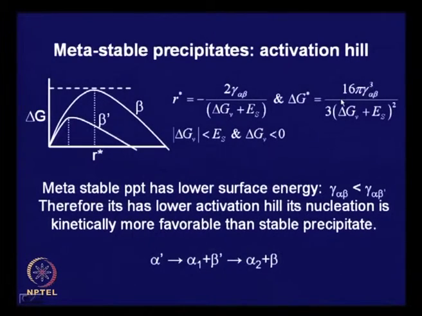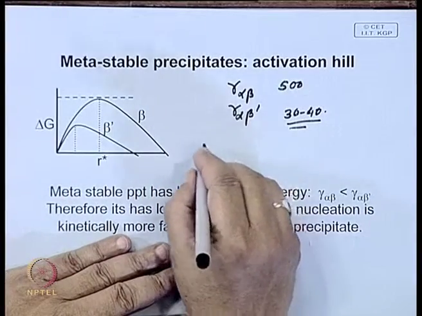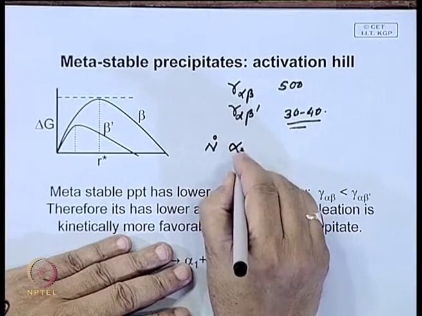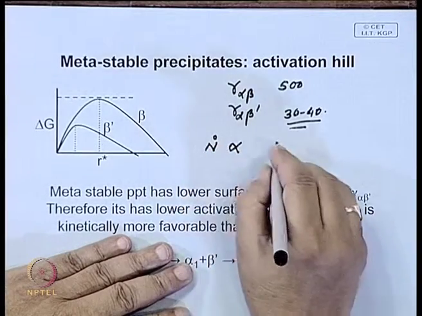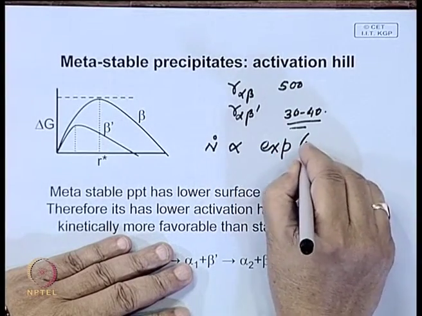So the metastable phase has a lower height of the activation hill. Therefore it will be kinetically favorable, because if you recollect, the rate of nucleation is proportional to the exponential of